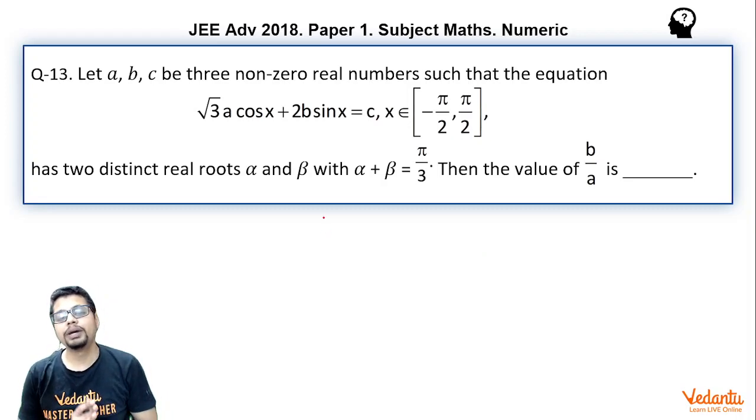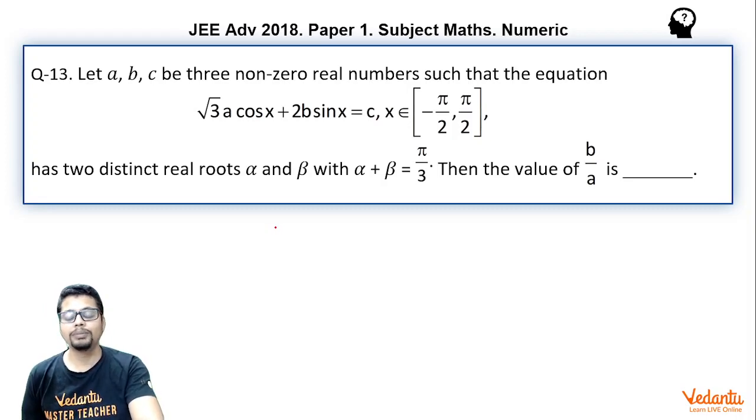Now this question can be approached in different possible ways. We are going to see two ways of solving this question. The first approach is based on the thought that I write sin x and cos x in terms of one unique variable. For example, sin x and cos x can both be written in terms of tan x by 2, and let me create an equation in tan x by 2 and solve it.